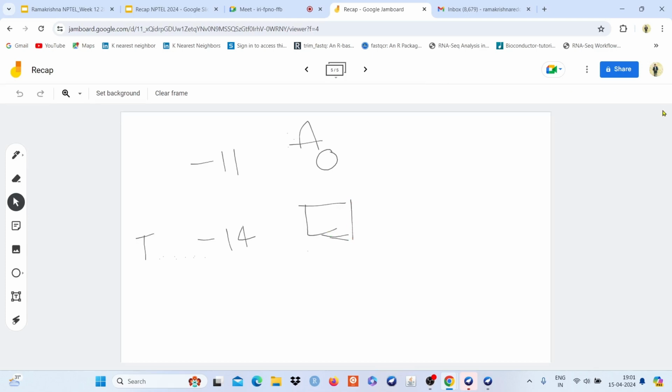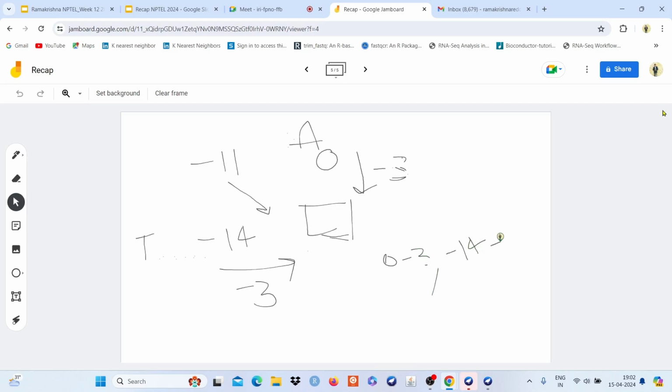This value can be derived from three places, that is horizontal, vertical and diagonal. So here I'll add up the gap penalty, that is -3 and -3. So here we have one value of 0, -3,